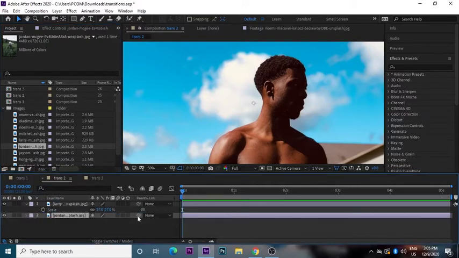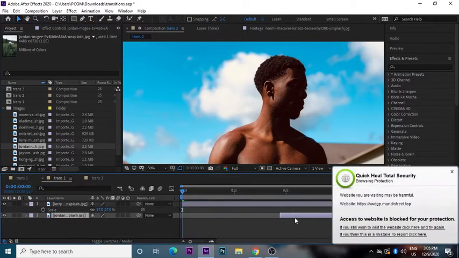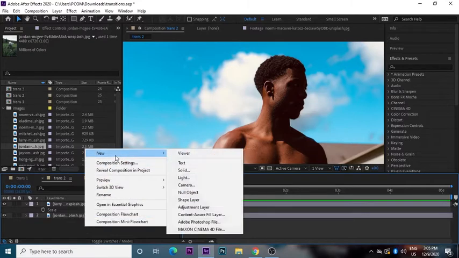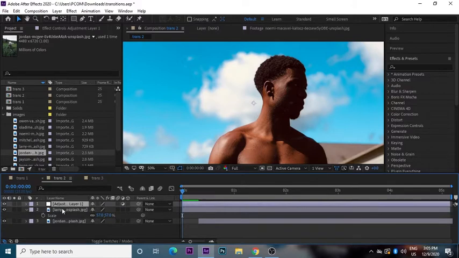I'm gonna drag it, and again we are gonna offset them a little bit, something like so. Now I'm gonna add an adjustment layer, new adjustment layer, and let's name it optics compensation effect.